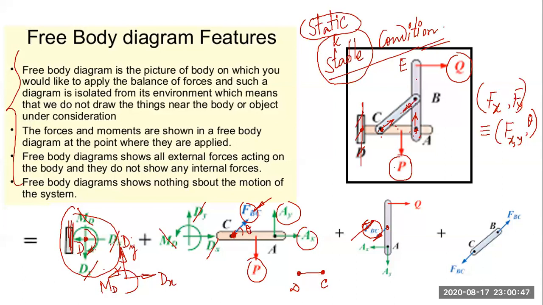Now, why conceptually for the link CA the force is towards point B, and for the link AB or AE the force at point B should be towards C? Because